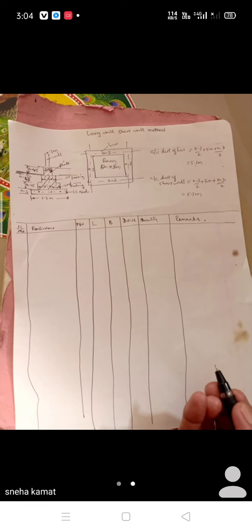So these are the columns we are going to put to do the estimate for earthwork excavation.